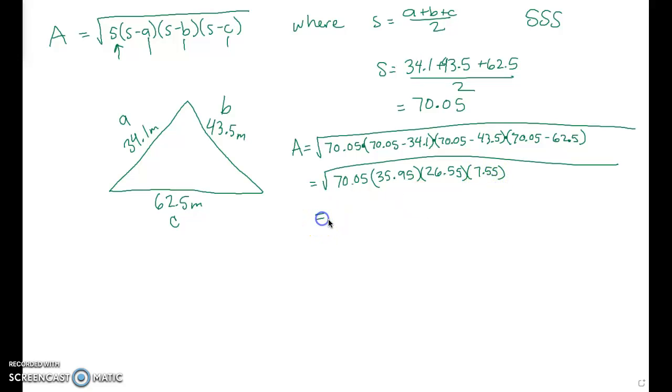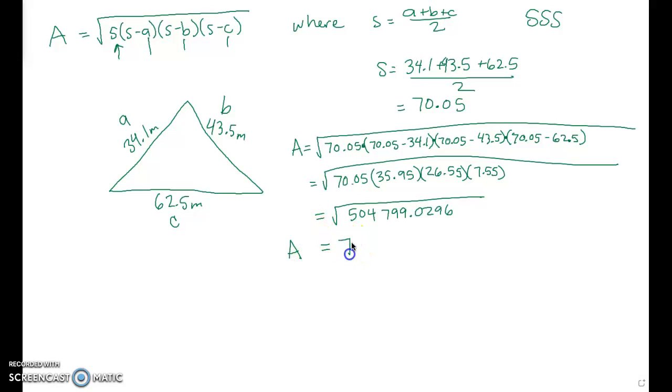Then after multiplying all of those together, we get quite a big number, but it's under the square root of 504,799.0296. Now we can go ahead and take the square root of that number and get that our area is